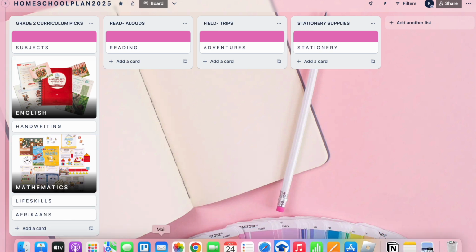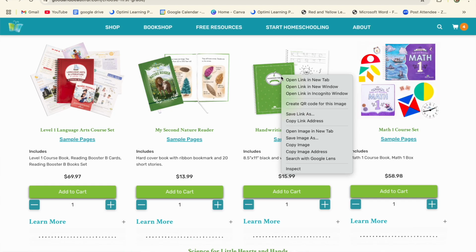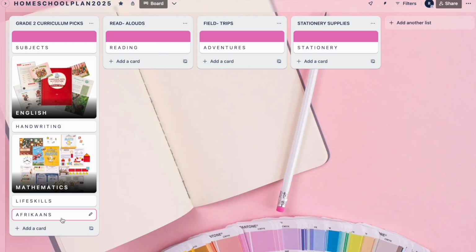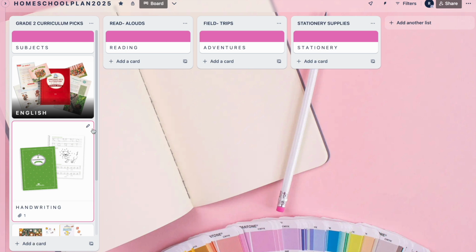And then I go back to look for the handwriting. And with the handwriting, I decided I'm going to start from the beginning. So I'm going to click on the first grade because she's never done their handwriting. I want her to start right in the beginning with their handwriting. So because that's the print one, I'm going to copy this image